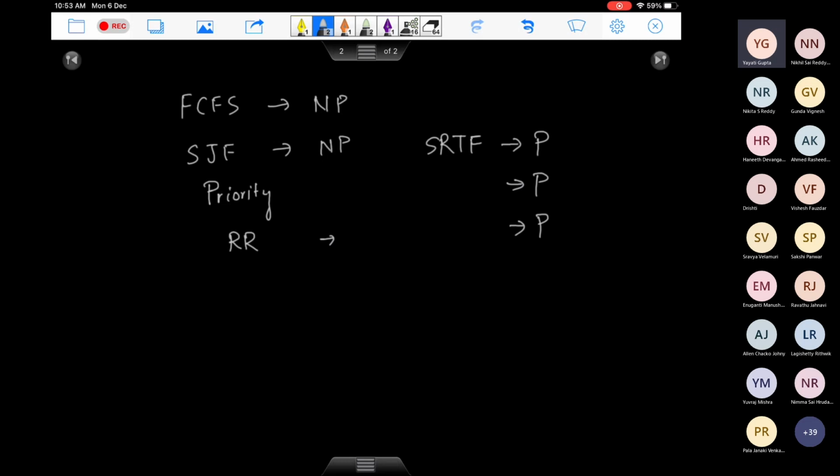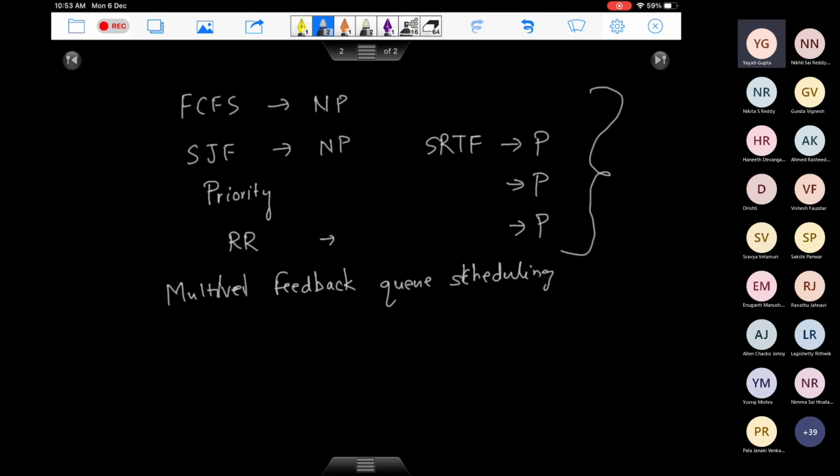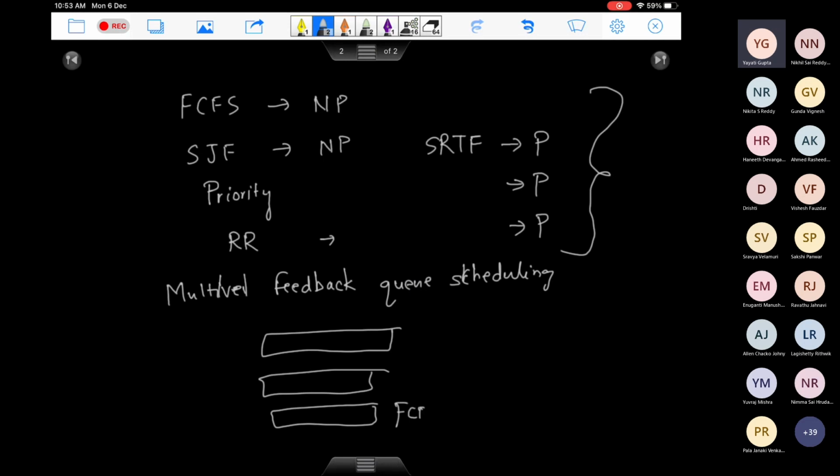All right, one scheduling policy we should talk about is multi-level feedback queue scheduling. Multi-level feedback queue scheduling is just a generalization of all the above approaches. It says that instead of using just one ready queue, you use multiple ready queues. In one you can use FCFS scheduling, in one you can use priority scheduling, in another you can use round robin scheduling, or shortest job first or whatever you want, right?